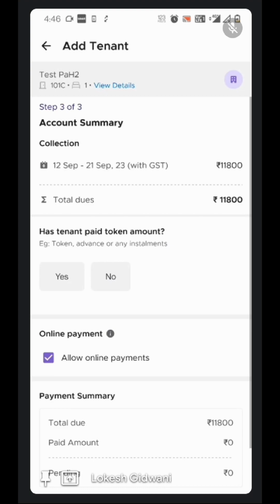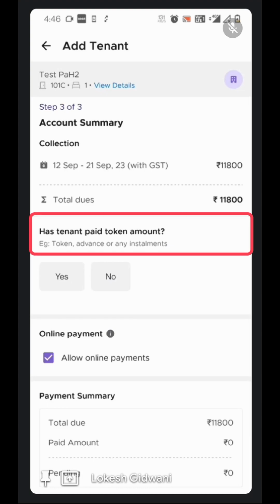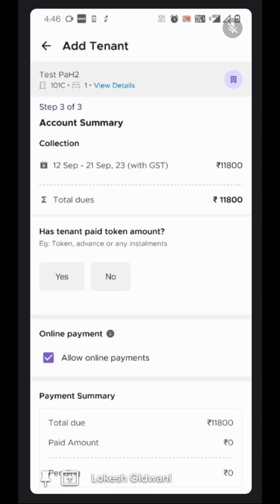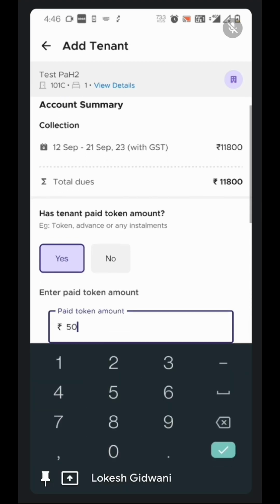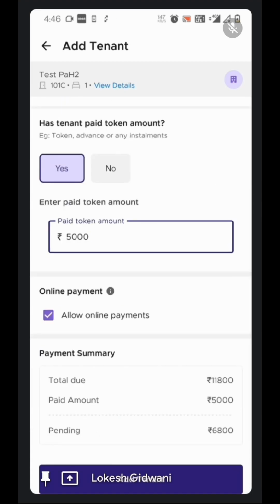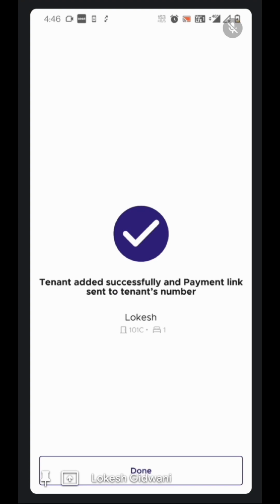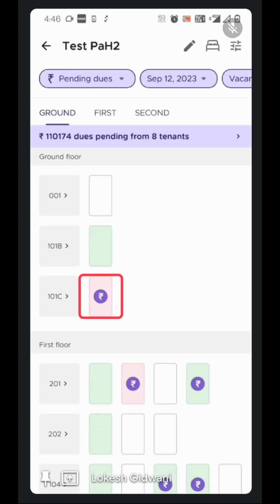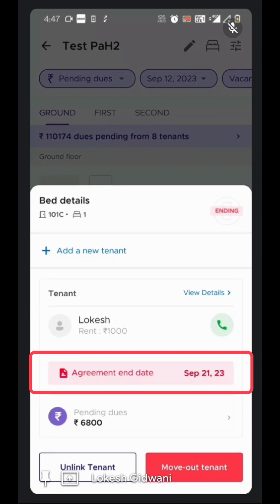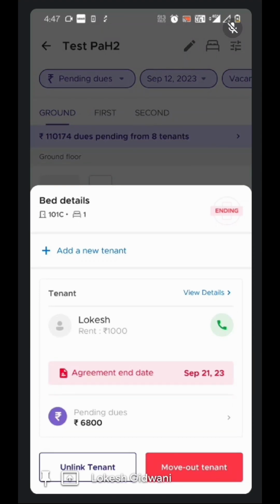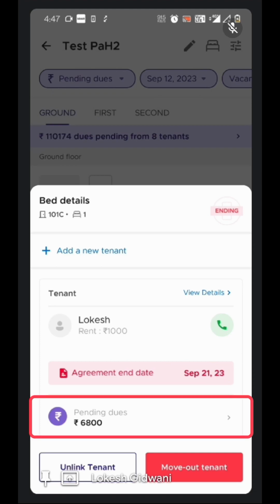Okay. And just asking the same question again, has the tenant paid any token amount or not? So I'm clicking yes, the token has been paid. So I'll just add that. And you can see this particular bed turned into a red bed because the agreement duration is ending soon. If I click on that particular bed, you can see the agreement end date is September 21st, and the bed is under the ending stage, the agreement is going to end soon, and 6,800 is the